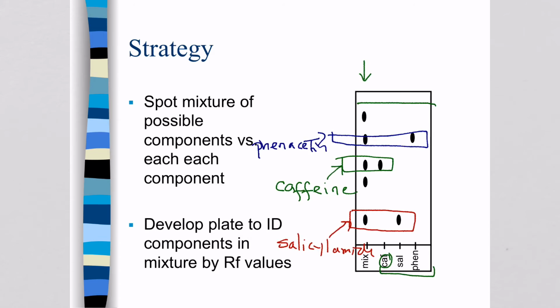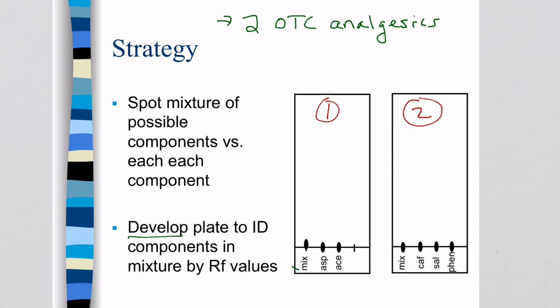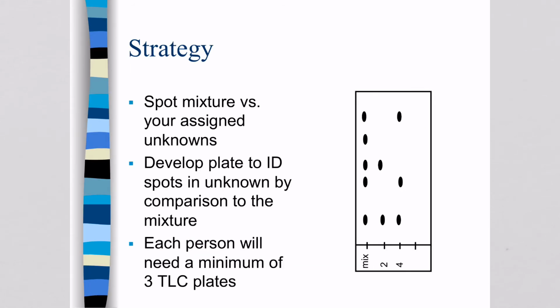So I've identified 3 of the spots in the mixture from this TLC plate, and then I'd be able to go back and use TLC plate 1 to identify which spots in the mixture were aspirin and acetaminophen. Once I've identified all 5 spots in the mixture, I can then use that mixture to help me identify what my unknown analgesics are. So here what I've done is I have spotted the mixture in one lane,